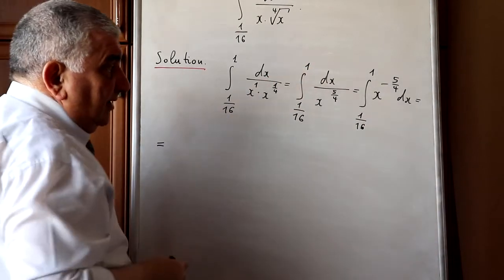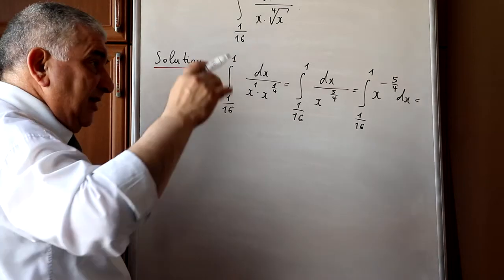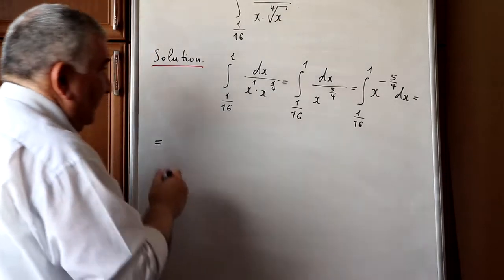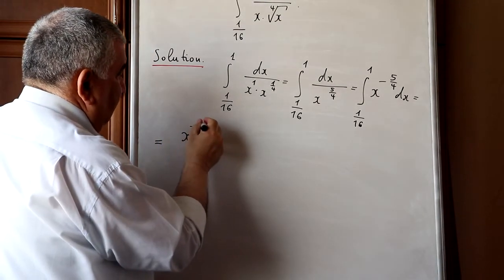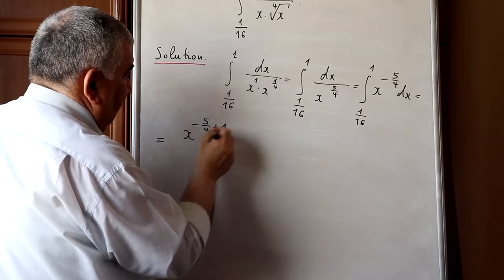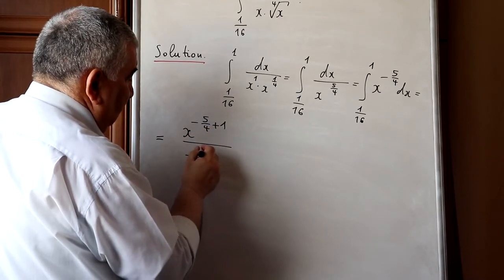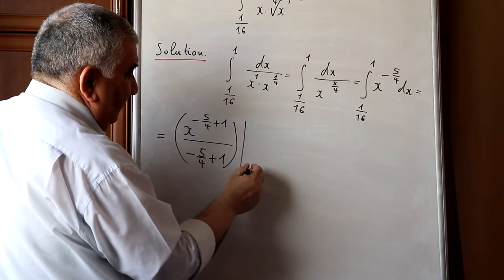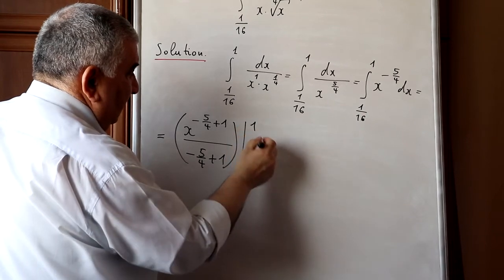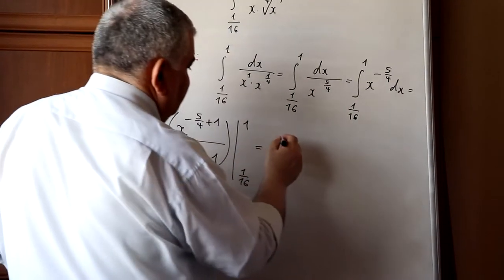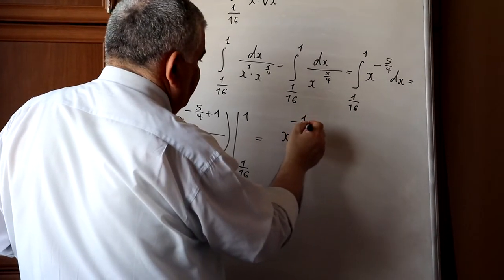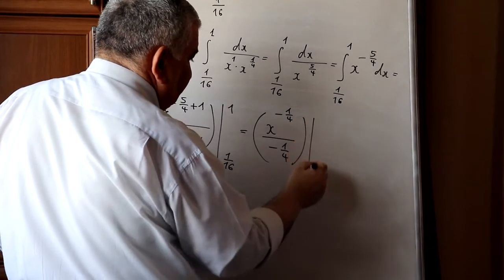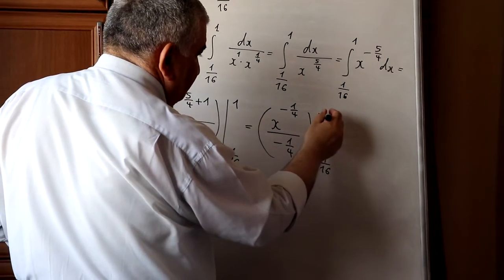The antiderivative of the integrand is x to minus 5/4 plus 1 over minus 5/4 plus 1, with double substitution from 1/16 to 1, which equals x to minus 1/4 over minus 1/4 with double substitution from 1/16 to 1, which is equal to